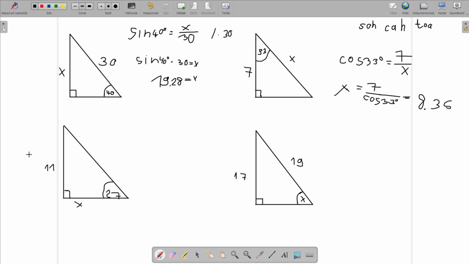And we have this one. So right now, for this 27-degree angle, we have the opposite, and we have the adjacent. Which trigonometric function deals with opposite and adjacent? Yeah, it's tangent. So the tangent of 27 is 11 divided by x, because it's opposite over adjacent. Sorry, tangent of 27, shouldn't leave that out here. Then we could say that 11 divided by the tangent of 27